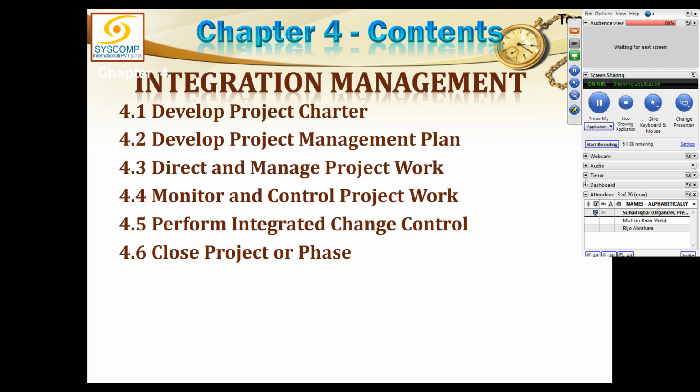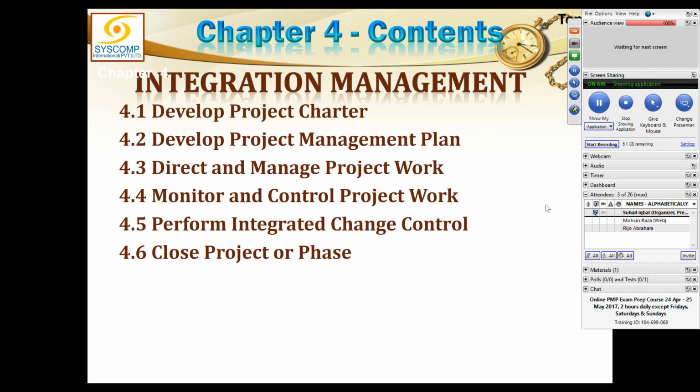Can you repeat, sir? How many processes are there in the planning process group? Okay, tell me first, how many are the total processes of project management? Processes are 47, sir. 47. Very good. Out of the 47 processes, the maximum number of processes are located in planning process group,